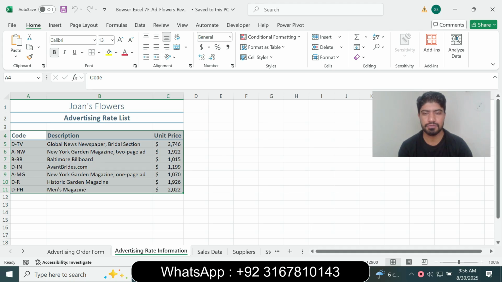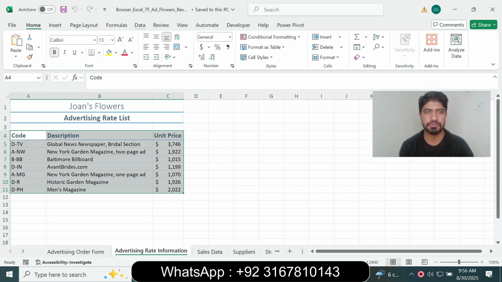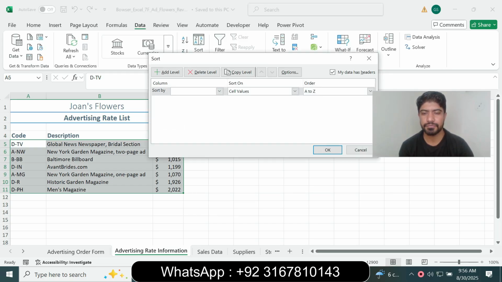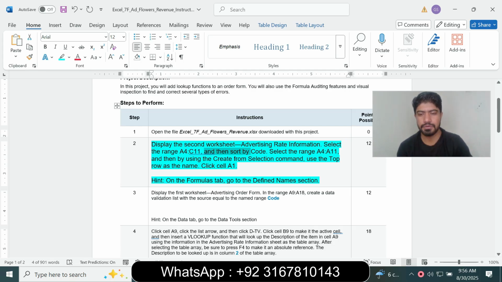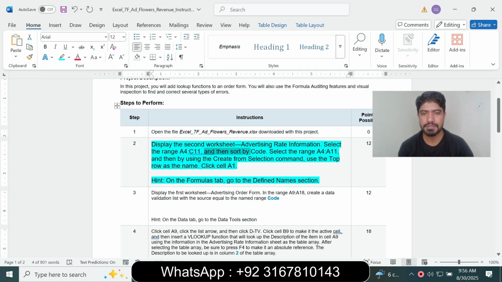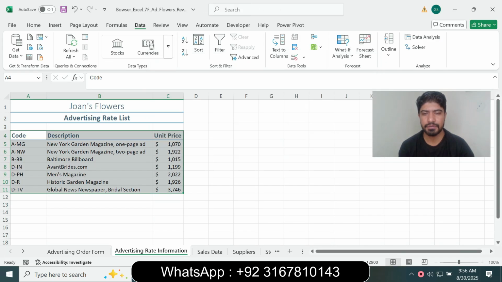So select A4 to C11 and then sort by code. Go to the Data tab and go to the Sort and Filter group, and then sort by code. Next, select the range A4 to A11, and then using Create from Selection, use the top row as the name of, and click cell A1. So click OK, and next is